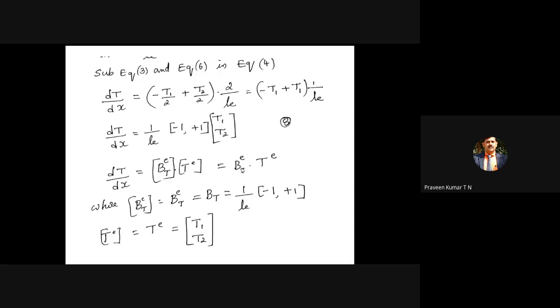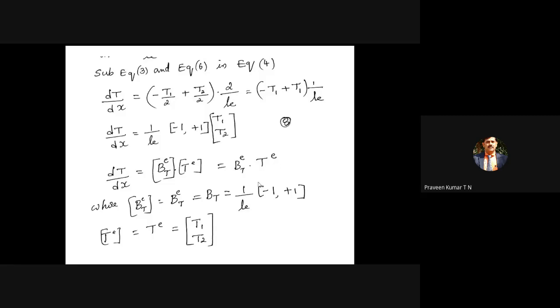So that is nothing but we can write it as dT. Sometimes instead of writing in the matrix notation, you can write it as BT into Te, because you are writing the T superscript e that refers to the element, not the complete body. Imagine if you have a furnace wall, and you divide it into 4 or 5 elements, so 4 or 5 B matrices you are getting, because the B matrix depends upon the length of the element. For one element, the length may be different. For another adjacent element, the length may be different. That's why you are writing the superscript e that refers to the B matrix for the element, not for the whole structure or whole component or whole system.